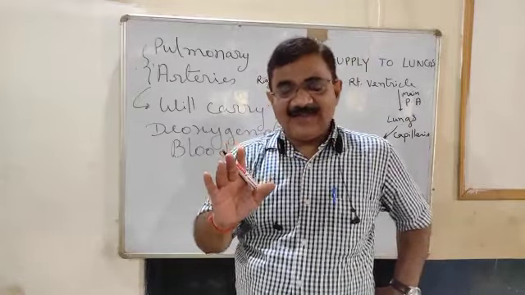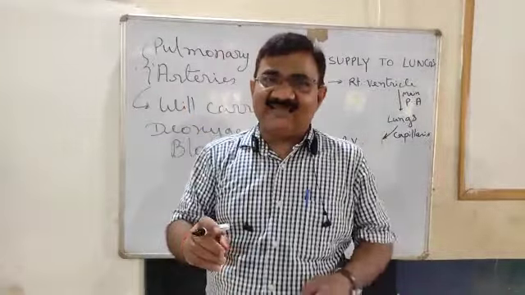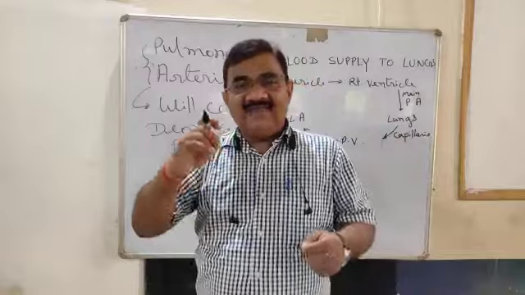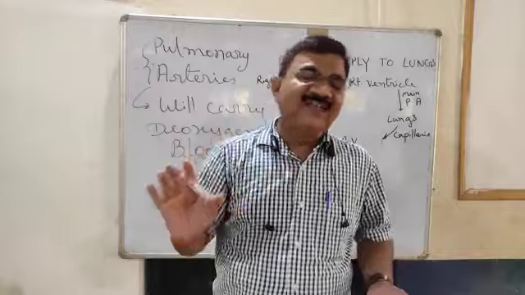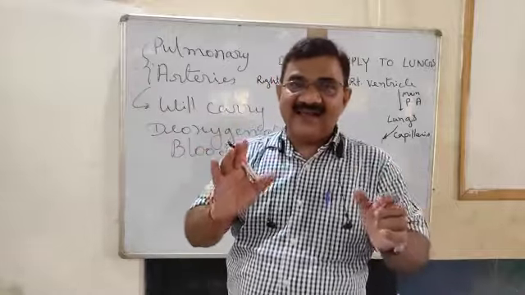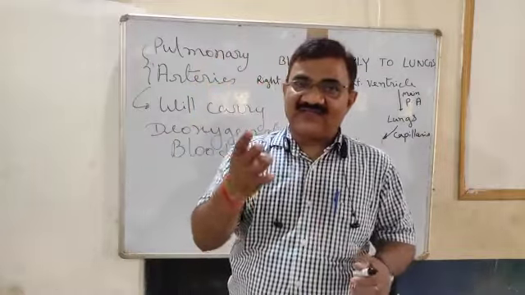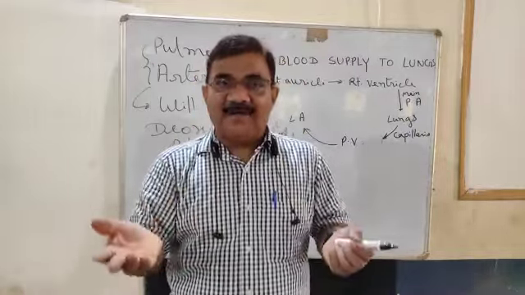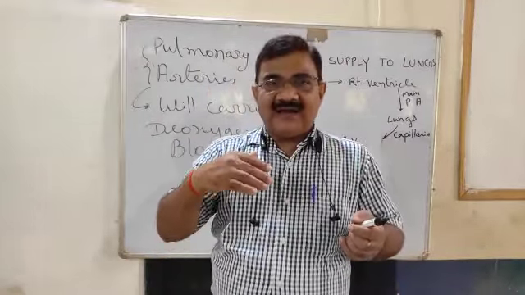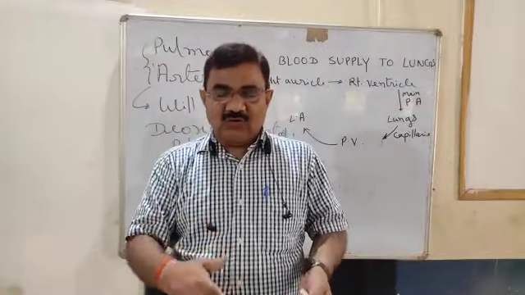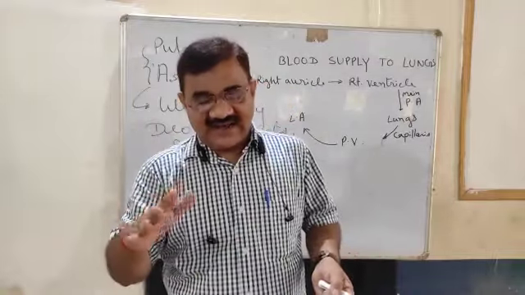This part is clear. Generally in diagrams, the arteries which carry oxygenated blood are shown in red color, and veins which carry deoxygenated blood are shown in blue color. But blue is not the real color, it is shown just to differentiate in the diagram. So we discussed that the human heart has 4 chambers: the upper 2 are auricles and the lower 2 are ventricles, left and right.